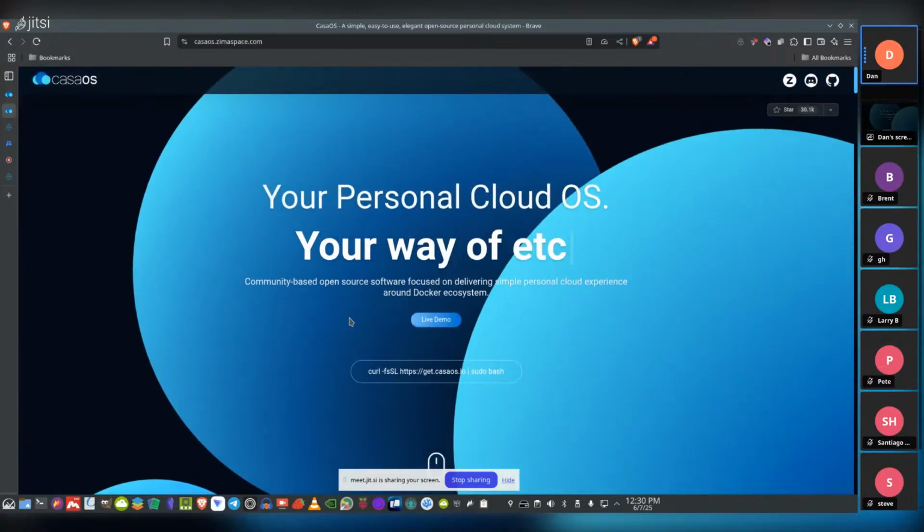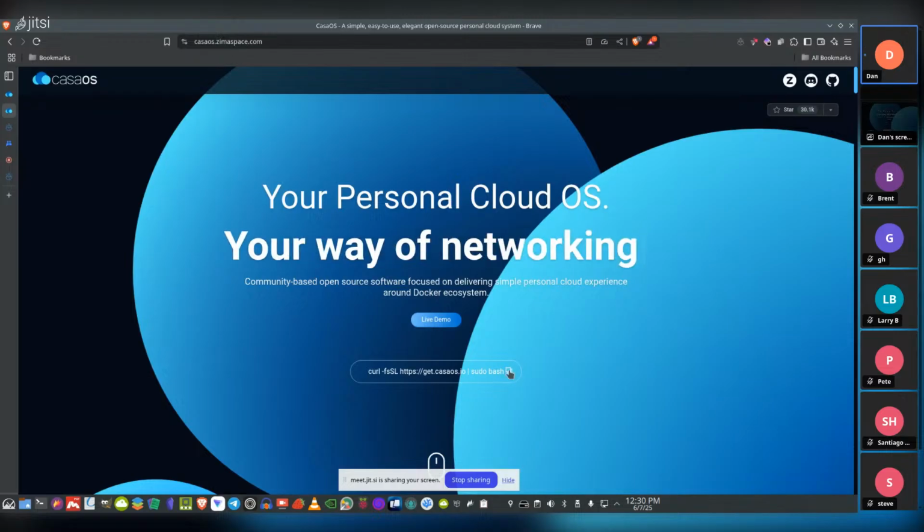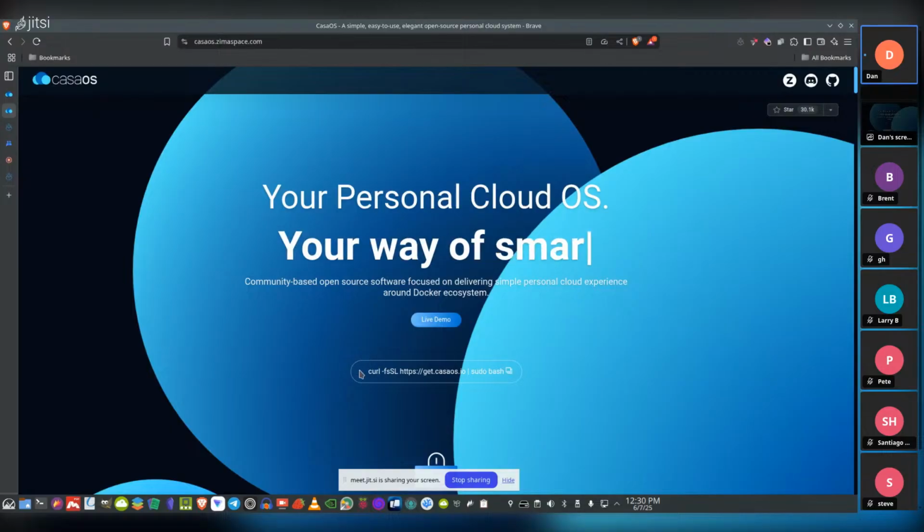And right here is a curl command. And over here is the box that you click to copy that command. And when you copy that command, then you come out to your terminal,